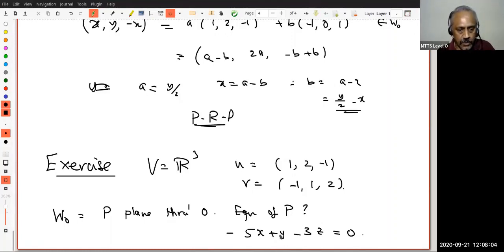So what are the things you have to show? Go back, go slow. You have to say, take W naught to be the plane P. So I want to say this equation. So W naught equals P. Therefore, you give any vector u and v in W naught, you have to say it is in P. That is very easy to check. That is, take au plus bv and substitute here. You should see whether it satisfies the equation. So now you are verifying. You understand that? Whereas last time, I found out the equation. Maybe I should have erased it. I should have given you, find the equation. Anyway, try that. And with this we'll stop.